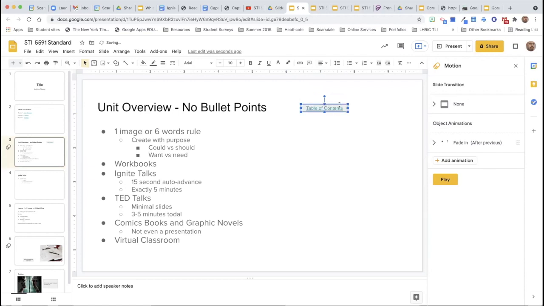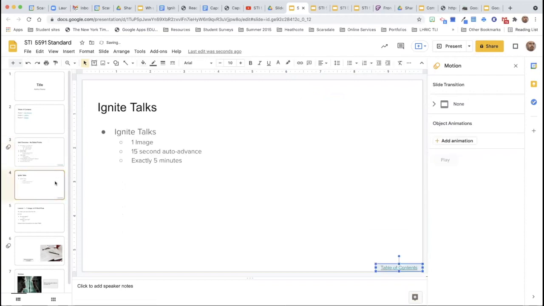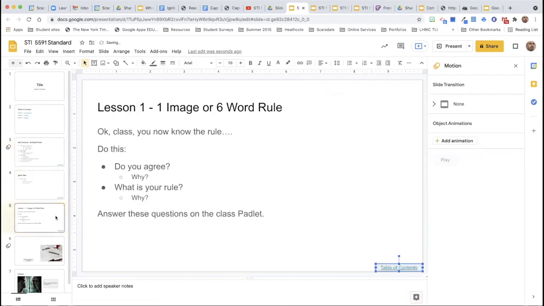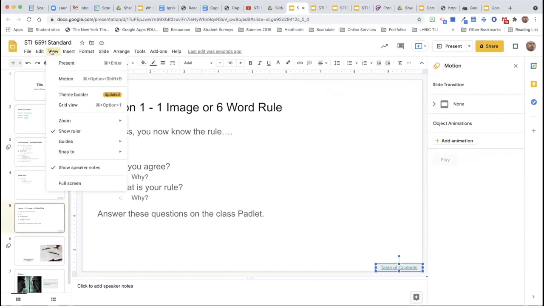Right. Now what I could do with this is I could decide I'm going to stick this, I don't know, let's say down here. Now if I copy this, I could click on any slide and it'll paste in exactly that same spot. Alternately, what I could do is I could go to